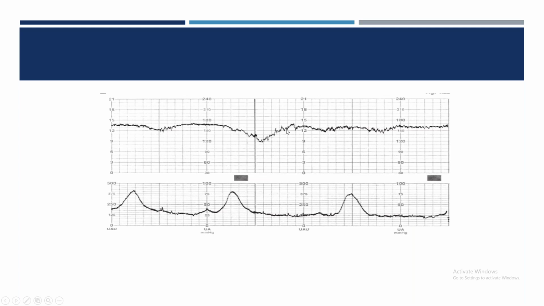The late deceleration. But the late deceleration is still not over 30 minutes, ma'am. If it is continued for 30 minutes, it is an abnormal feature. See, you can see with every contraction there is a deceleration. You were asking about 50% of contractions. So here you can see 1, 2, 3 contractions and there are 2 decelerations. Got it? So it is present for more than 50% of contractions. So even if it is for less than 30 minutes, it becomes an abnormal feature.